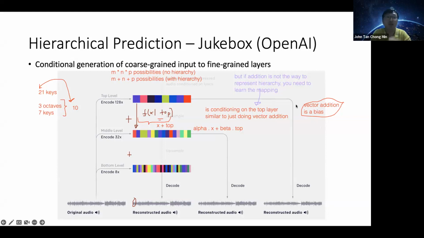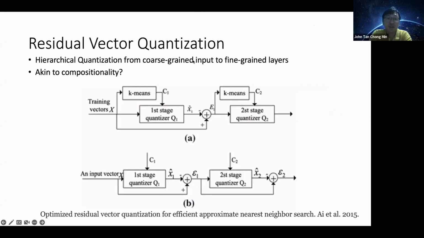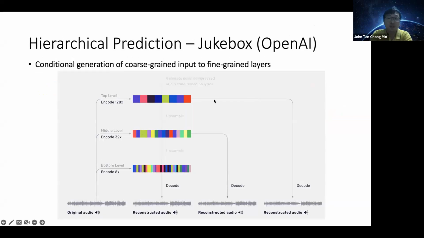And so this mapping needs to be learned based on the particular situation that you see. Hopefully, in most situations, you can just do an addition, but this may not be the case. So this may be why residual vector quantization might just be one part of the solution. You might need these very flexible function operators in order to do whatever I just talked about,